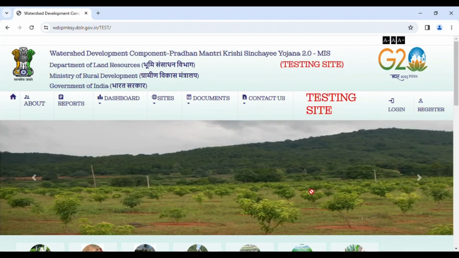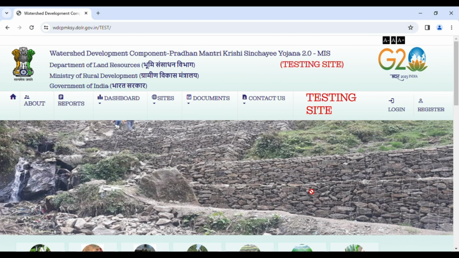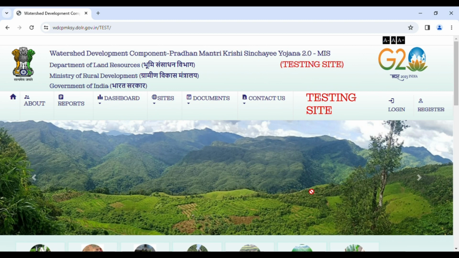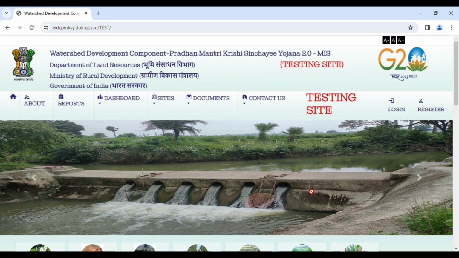Welcome to WDCPMKSY 2.0 MIS portal. Today we are going to learn the process of updating the plot-wise details under the progress